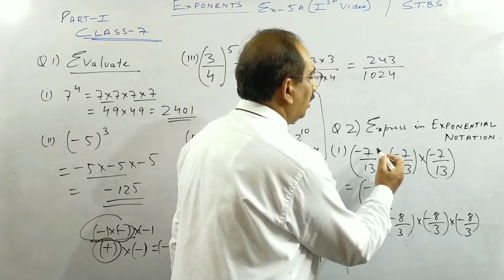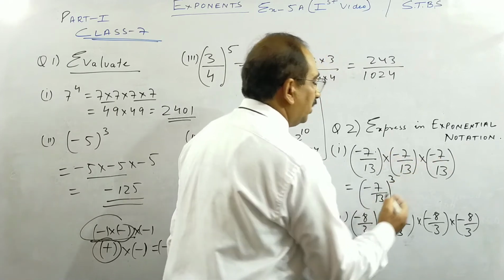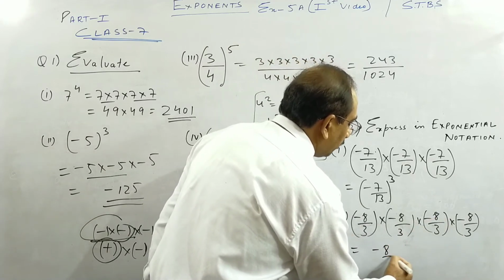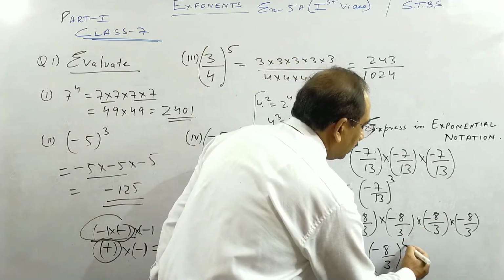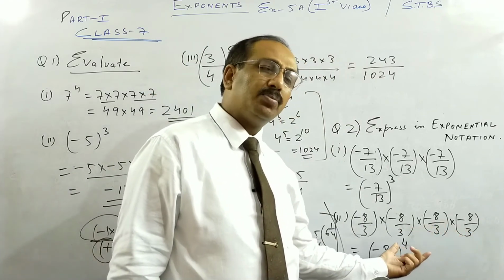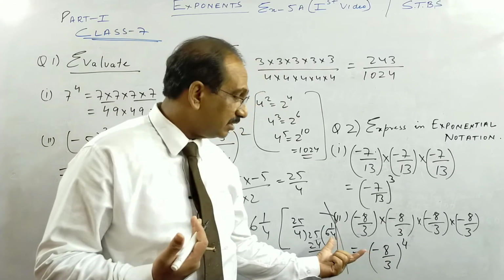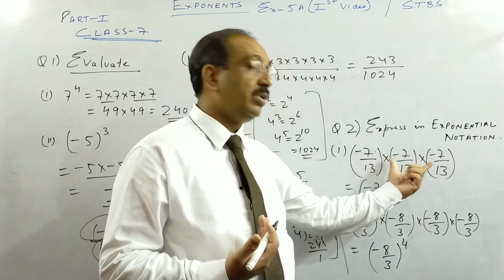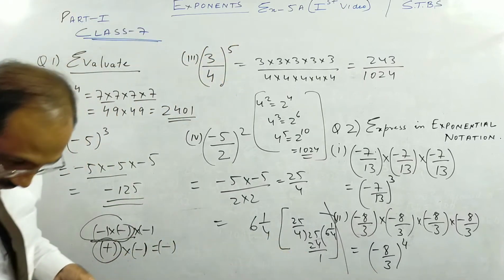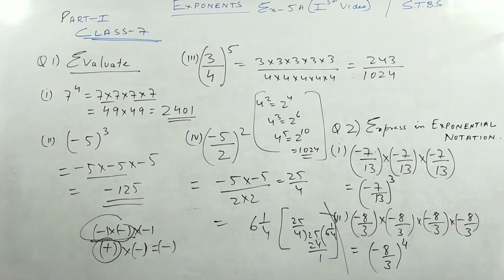-7/13, let it be there. 1 into 2 into 3, 3 times means cubed. This is 4 times. -8/3, same thing you write. This will be power 4. It has come this into this into this, so 4 times multiplied with itself, it's to the power 4. 3 times is what we call cubed. 2 times is called squared. So kindly pause the video or take a screenshot before we move on to the last question of this session.